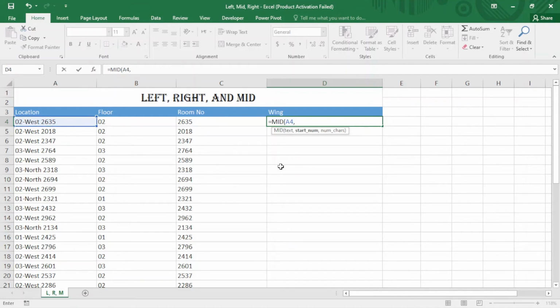Here this one is a little bit tricky, and here I should find the start number. Here I have 0, I have 2 and hyphen, which is 1, 2, 3, and my number will start at 4. I should type here 4,